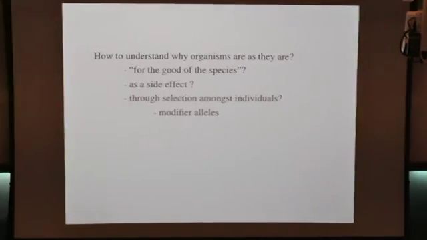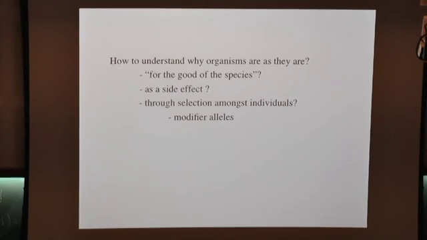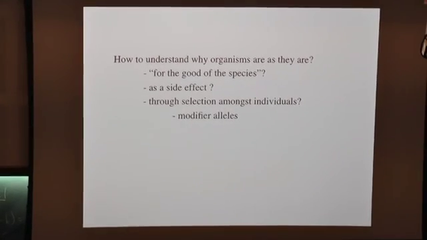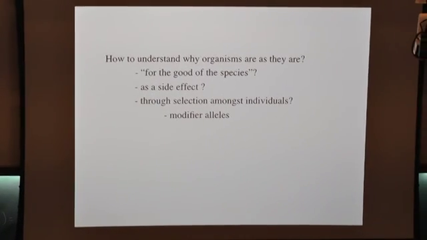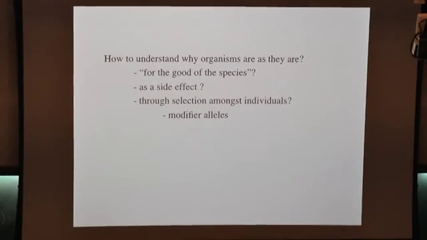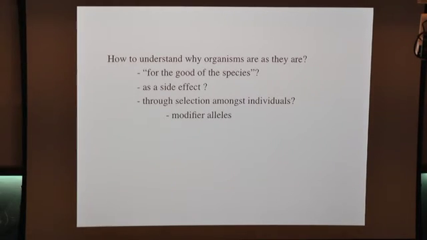And this changed really in the 1970s, stimulated partly by a book by Wynne-Edwards, who was really an ecologist, who argued explicitly that species of birds, say, would evolve to reduce their reproductive capacity so that they wouldn't overexploit the environment. Which would be a good thing for them to do in the long run, but it doesn't make any sense for an individual to produce fewer offspring because of some future benefit or some future consequence.